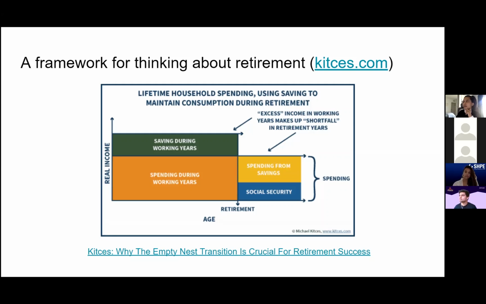This horizontal line in the middle is just saying that we assume you want to maintain your lifestyle in retirement. Some people who don't save go from this top line and do this vertical drop, and then they live on Social Security, and they have to really reduce their standard of living in retirement. In order to maintain your lifestyle in retirement, you need to be saving a portion of your salary. So I like this diagram because it creates a nice framework for thinking about these issues.